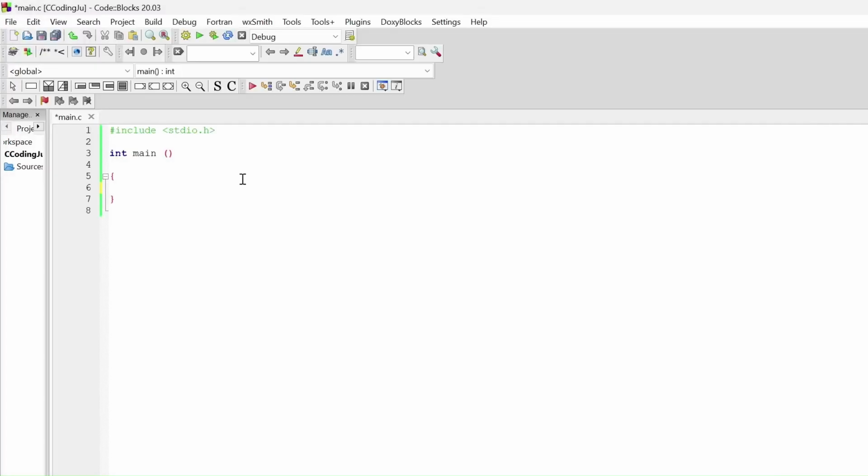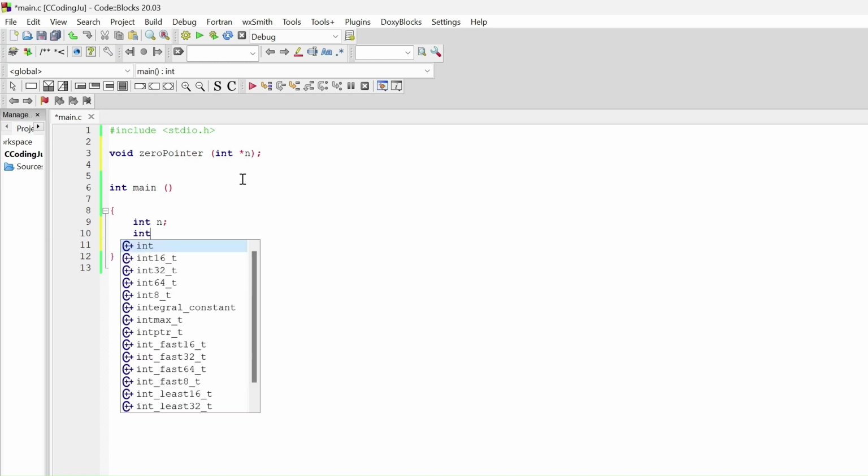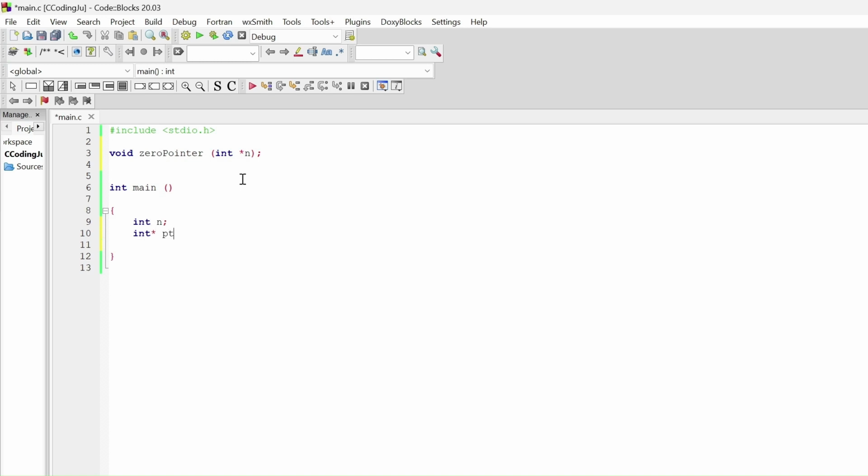Okay, as a second exercise, we're going to make a program that resets the value of an integer to 0 using pointers. Before making this program, we want to have a function that returns nothing, and the only type of function that returns nothing is a void function. So let's call it void zero pointer. Void zero pointer is a function that takes a pointer to n. This means in here we're going to have to implement a variable n. After doing that, we also have to make a pointer, let's call it ptr, which directs to the memory address of n,